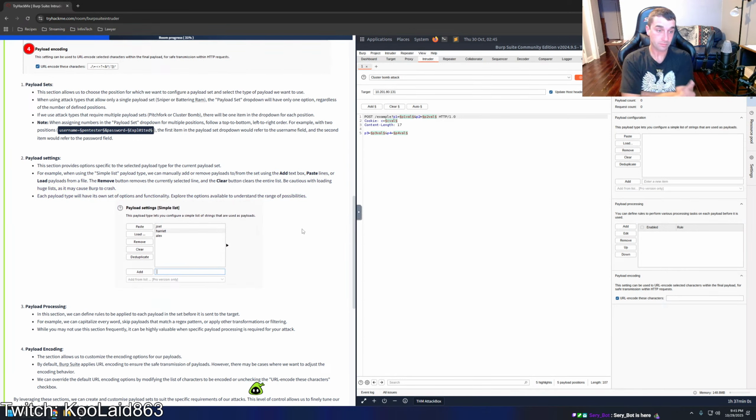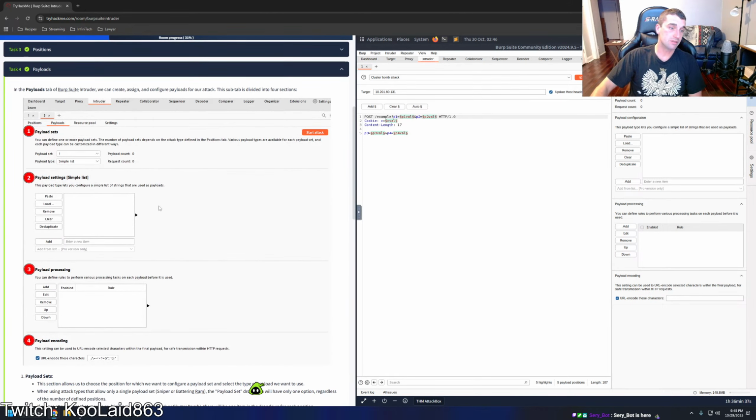For example, when using the simple list payload type, we can manually add or remove payloads to and from the set using the add text box, paste lines, or load payloads from a file. The Remove button removes the currently selected line, and the Clear button clears the entire list. Be cautious with loading huge lists, as